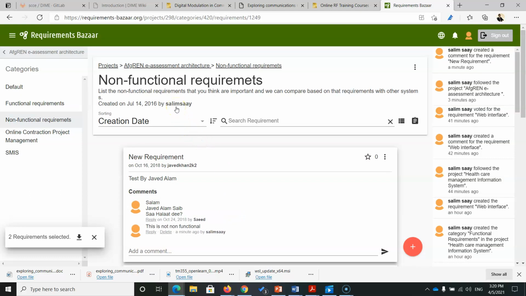You can create your project. You can create categories of the requirements. You can add requirements to those categories. Then you can collect feedback. You can collect the votes of stakeholders on each requirement. Based on your votes, you can then prioritize the requirements as well. If you have any question,